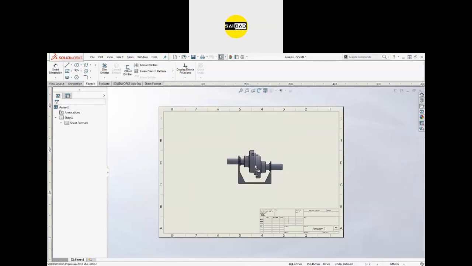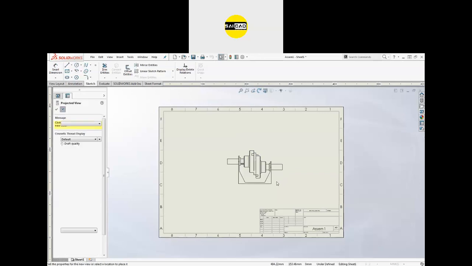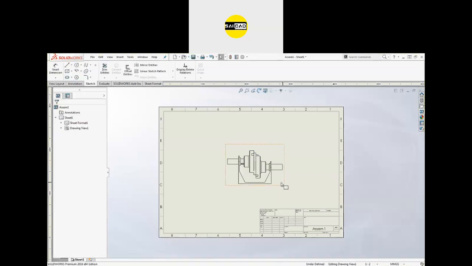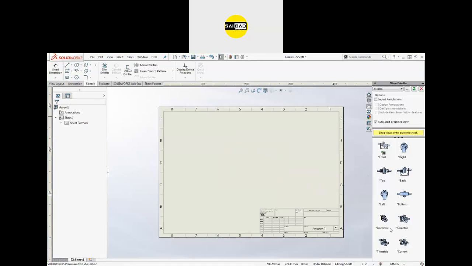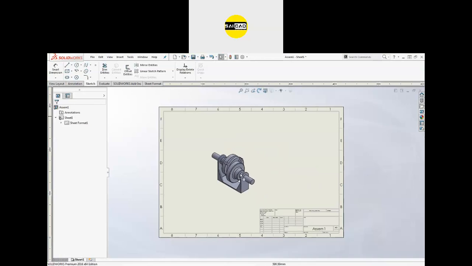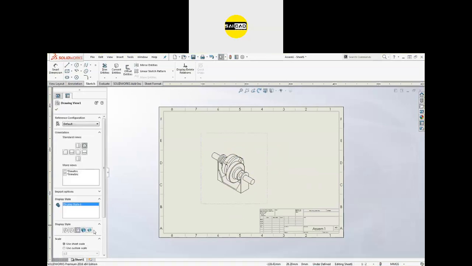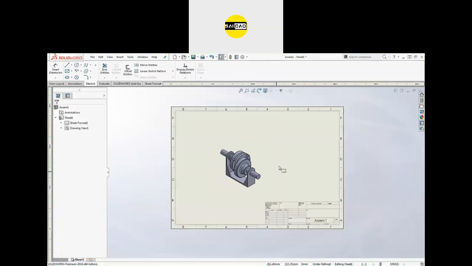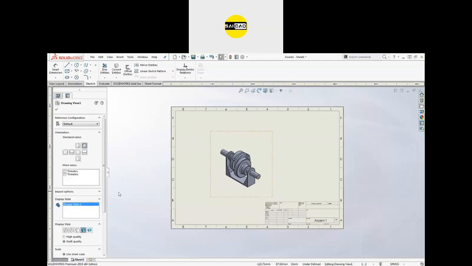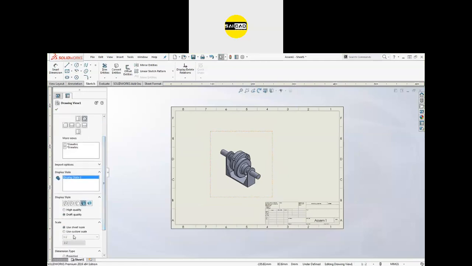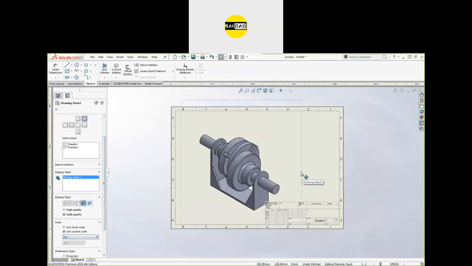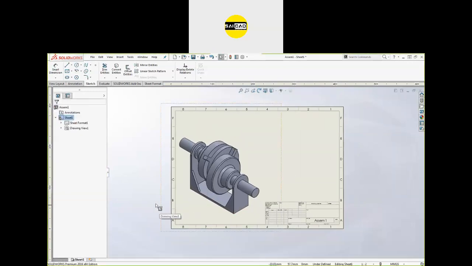If you drag a view like that, your view will be inserted. I just don't want this view right now. In the assembly, I just want a single view that will be the isometric view. This one. So drag that view like that, and this should be shaded with edges. If you want to increase or decrease the size, you can just go to the scale from here and do that, like 1:1.